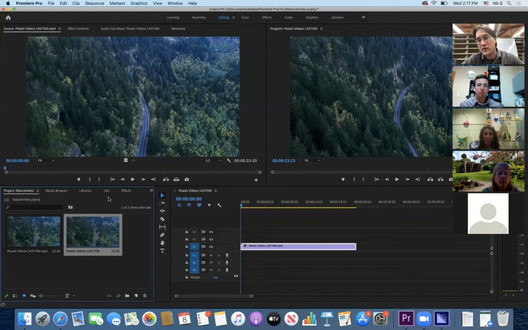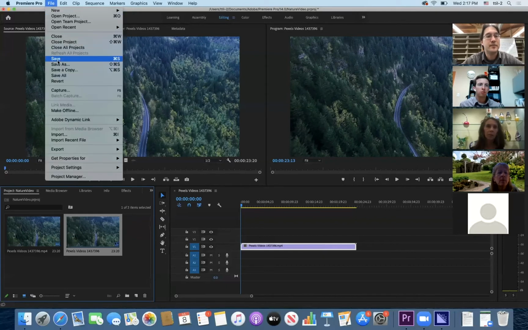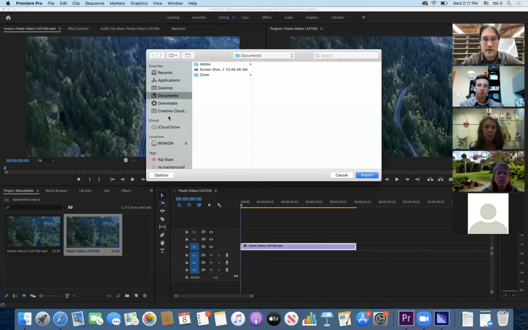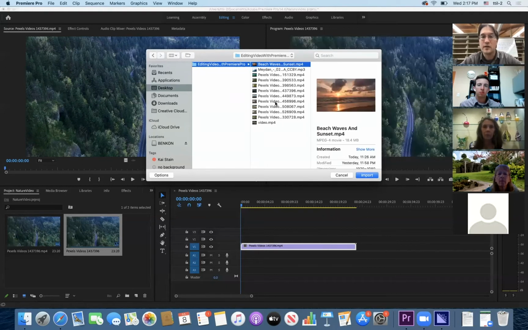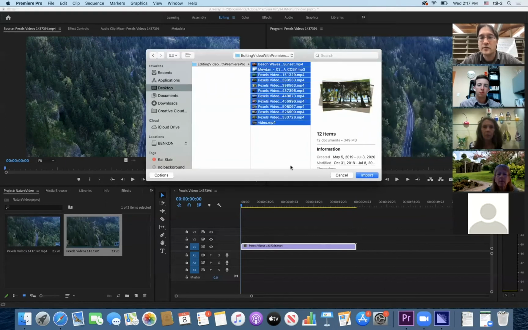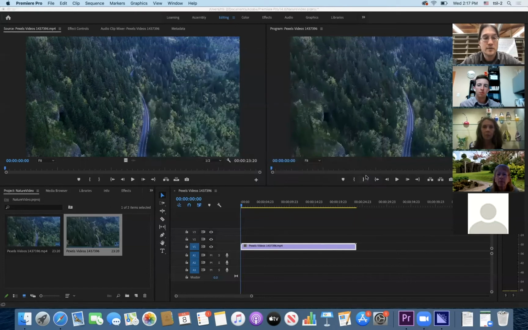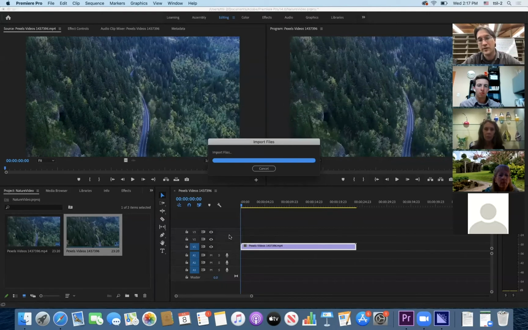A better and more organized way to go about it, if you have a set of video footage that you want to work with, is to go up to the File menu up at the top and down to where it says Import. And there again, I can locate those files. And let's see. If I click and shift-click, then that'll select all of those for me. I can click Import, and then all of those video files will be imported into my project panel without placing them in the timeline,